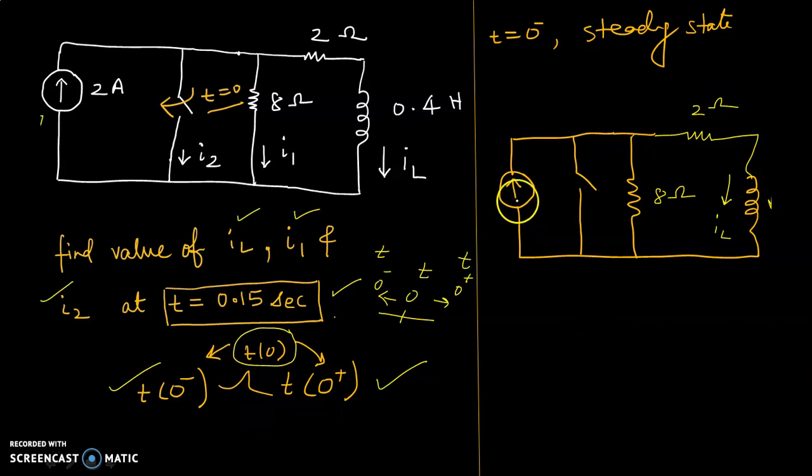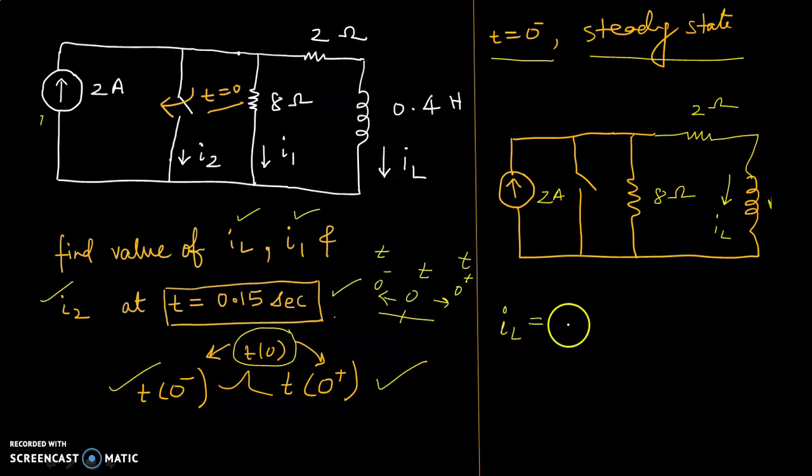We are going to understand what the circuit was before closing at t is equal to 0. So it was like this. At t is equal to 0 minus, the circuit was at steady state. It was settled, not having any disturbances as far as any kind of electrical input or output or connection is concerned. This is 2 ampere given. Since the inductor is behaving like a short circuit at t is equal to 0 minus, let us apply the current divider rule. In this way we can find IL.